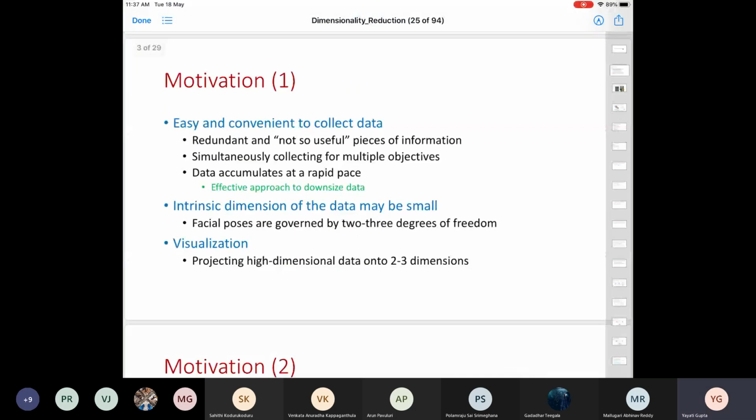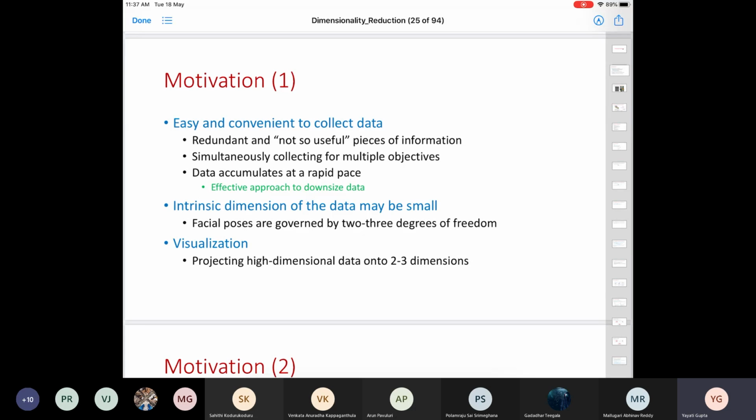So you may ask, why is dimensionality reduction important? One way to think is that whenever you are collecting your data, whenever you're constructing your features, you try to construct a lot of features, and some of these features might be redundant. There is plenty of data available nowadays, so you amass a lot of data in terms of different features, but not all of these features are independent of each other.